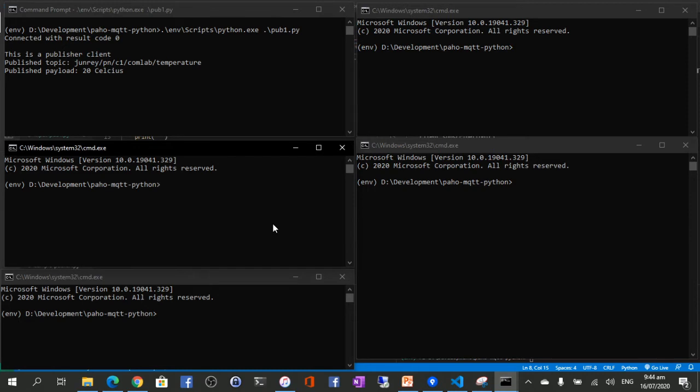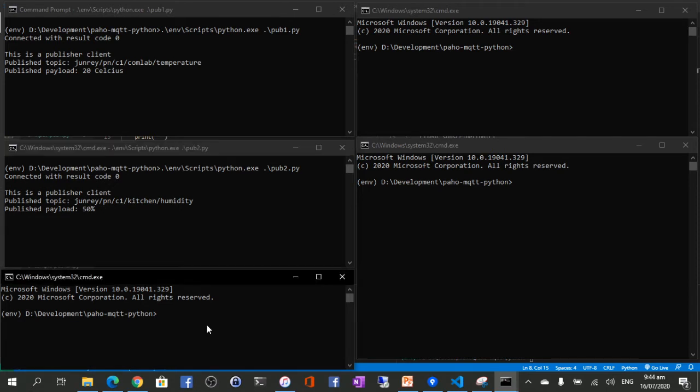So we'll do the second one. We'll clear it first, and then we'll have to manually type env scripts Python, and then we'll call the pub2. Then here we'll also run the pub3.